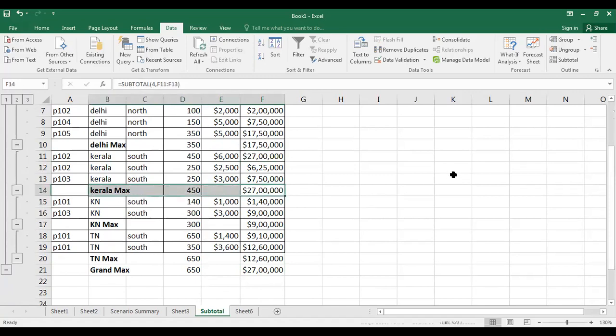So subtotal helps in organizing our data, and from the organized data you can extract only what you want, and based on that you can take decisions, solve problems, and do comparisons. So finally it will be useful for taking decisions and solving problems.